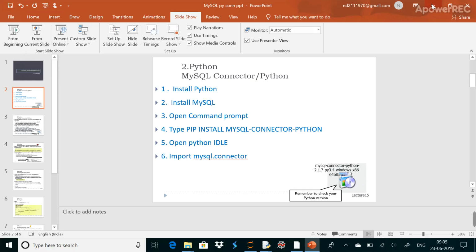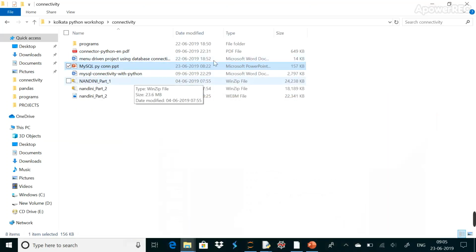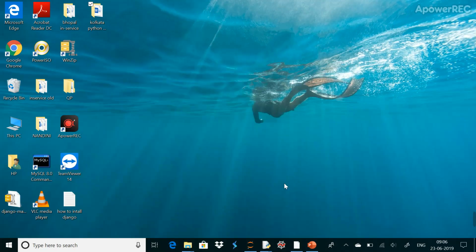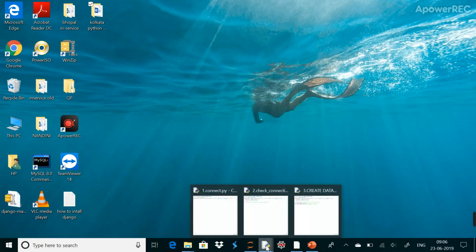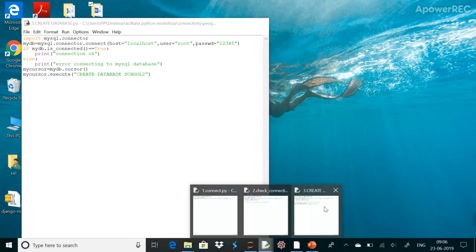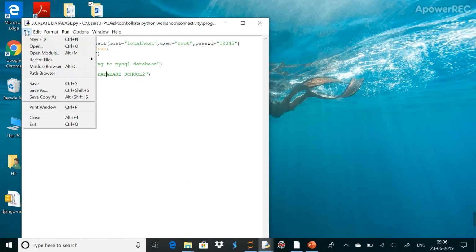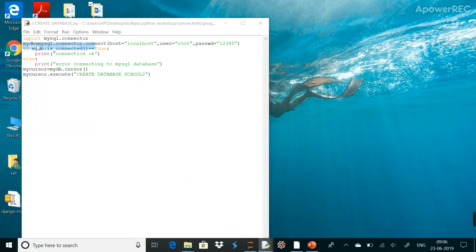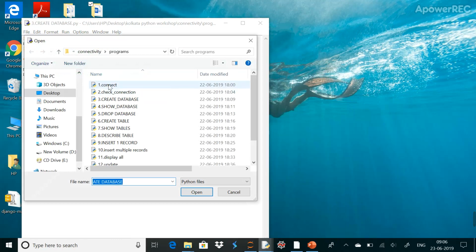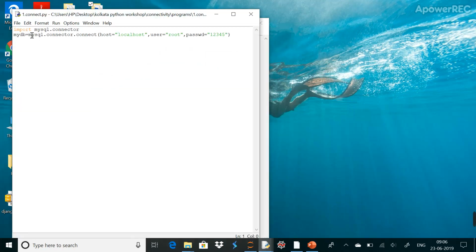Now here you can see, we will open Python IDLE first. So I have opened Python IDLE here. Now in this Python IDLE we will start with the coding. So first we will make the connection here. For the connection I will write the code import mysql.connector. The next line will be any identifier, connection equals to